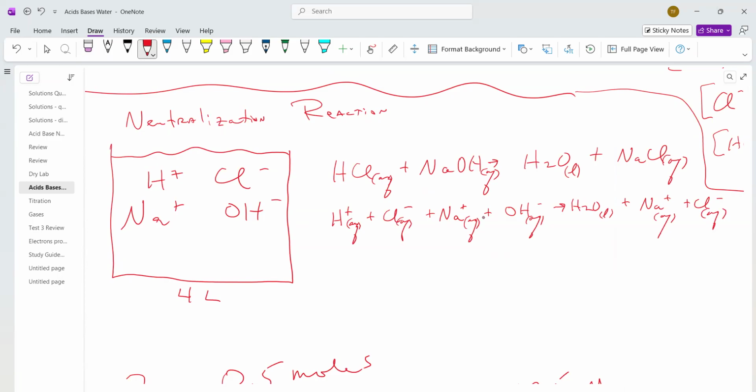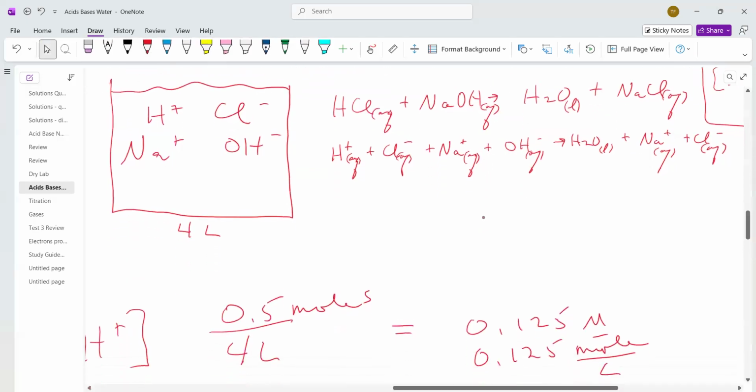At the point that I wrote this equation out, neutralization means that all the acid is used up and all the base is used up. Okay? Sometimes, though, you have leftover H's and leftover OH's. But with a perfect number of moles of H and a perfect number of moles of OH, there's neither one left over. Okay, so now we need to figure out